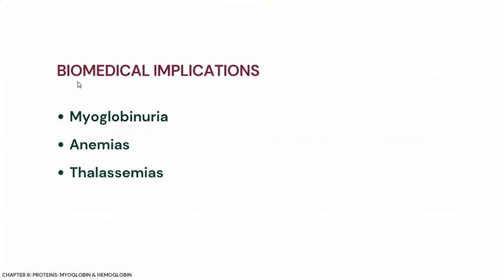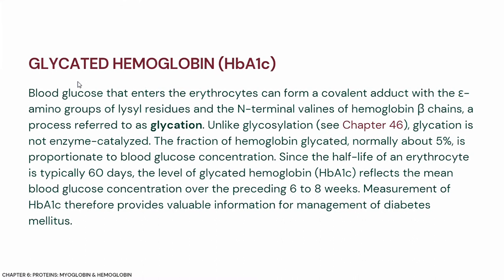So, medical increase, myoglobinuria, anemias, and thalassemias. Thalassemias, as we said here, beta subunit, no? And this one is when you have too much sugar, your hemoglobin will be decorated with sugar. In this case, it's